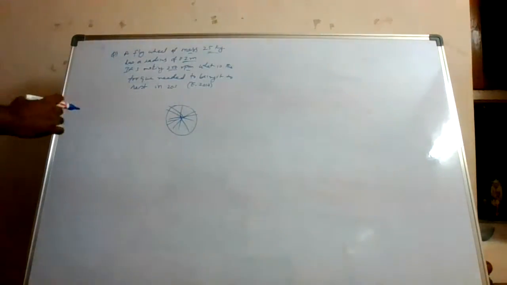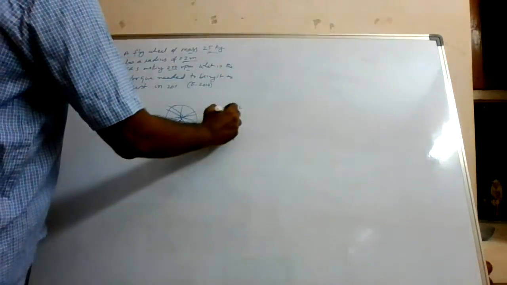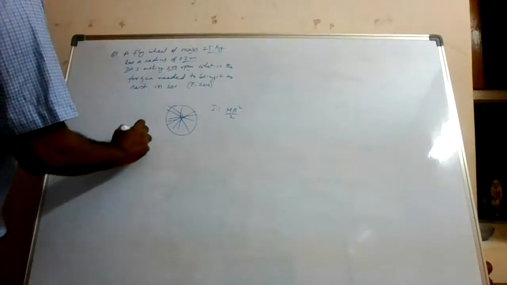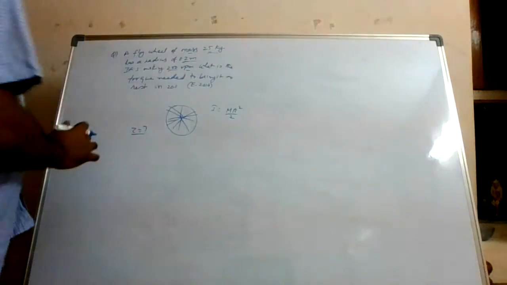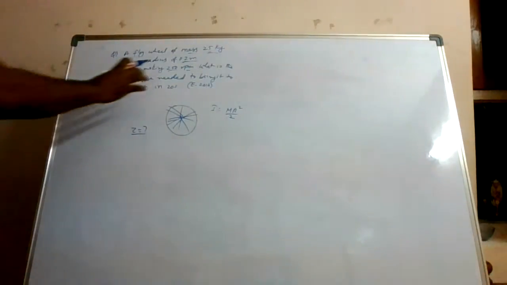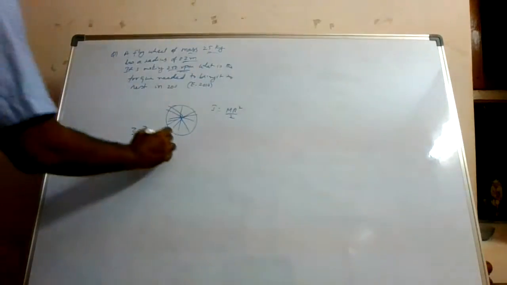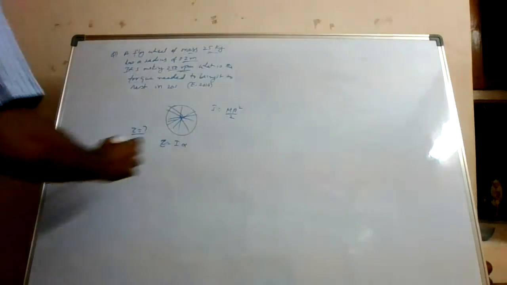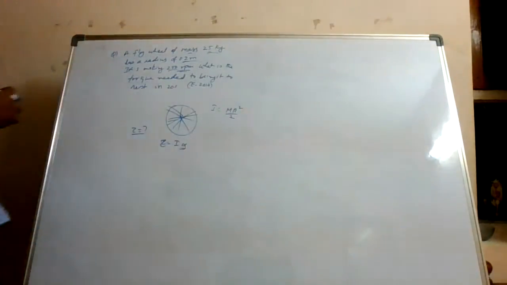What is the moment of inertia of a flywheel? It is mr square by 2. So in this question he is asking you what is the torque, and it has to be brought to rest in just 20 seconds. So here he has given you the frequency. The torque, you know that it is I alpha. Torque tau is equal to I alpha. I value we know, so alpha value we need to calculate.